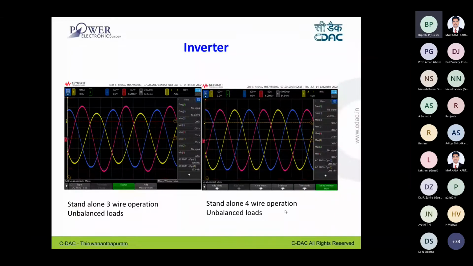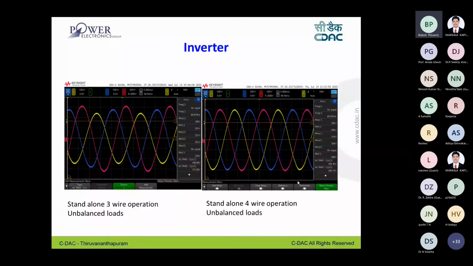And on the right side, what you are seeing is a standalone four-wire inverter with neutral switching. The same unbalanced loads are provided here also. Now you can see almost balanced voltage waveforms here. This is the basic difference between standalone three-wire and four-wire operation.